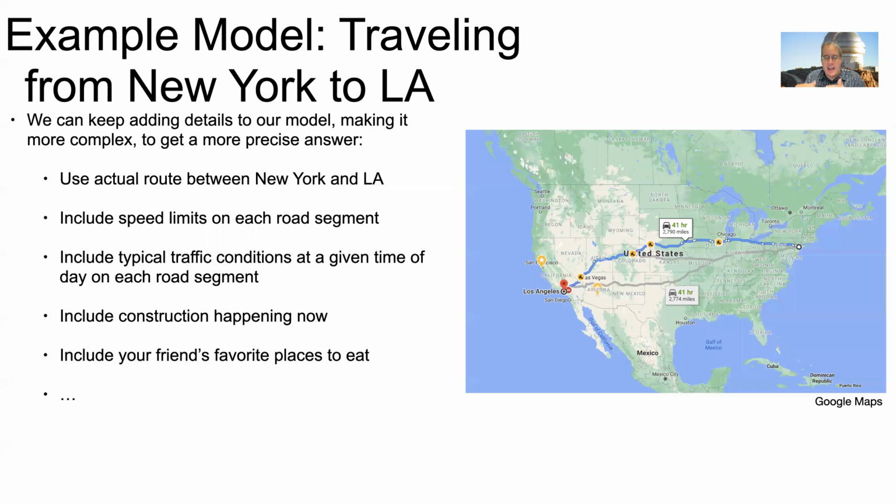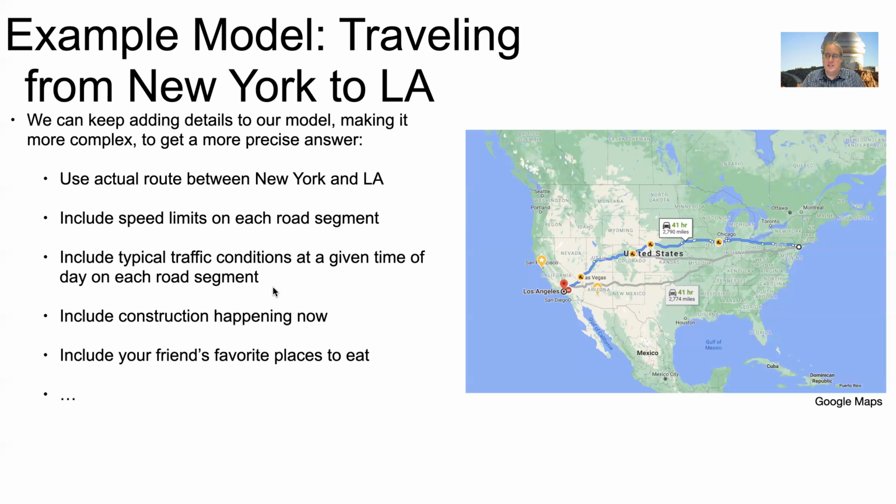Okay, and again, you can keep adding complexity to a model. So in this toy model, instead of just drawing a line along the globe, I can look at actual roads. I can figure out what road I think my friend is likely to take. I can look at speed limits. We're going to assume our friend obeys the law and stays below the speed limit on any road he takes. And we can figure out a much more accurate model than, again, assuming that he travels at a uniform pace so long as he's moving.